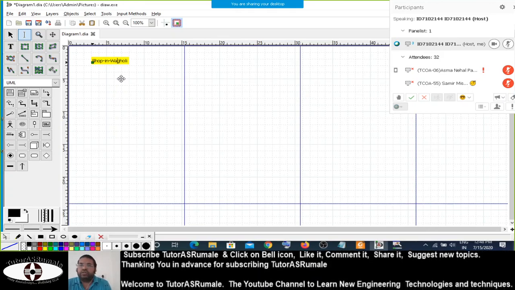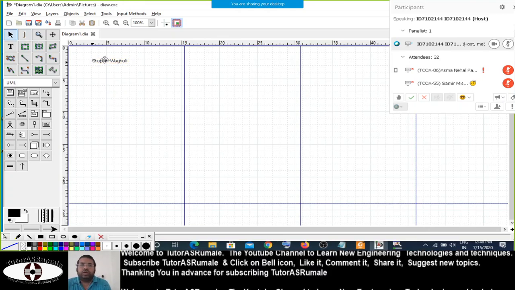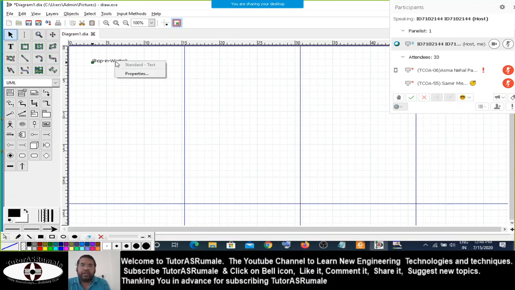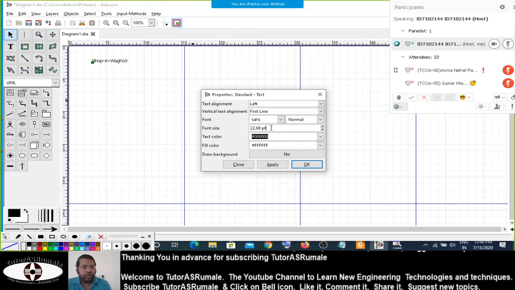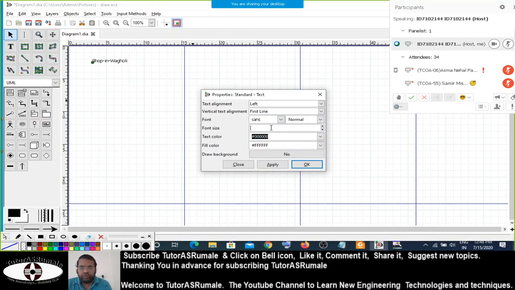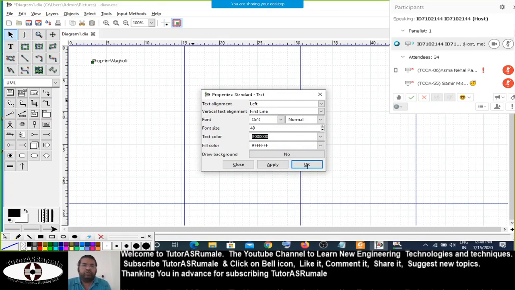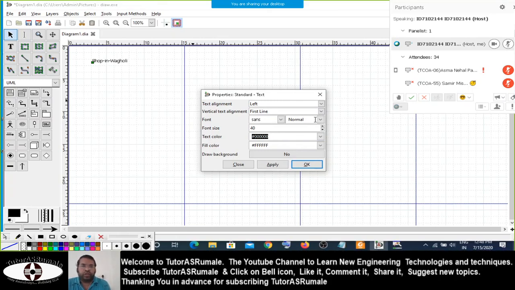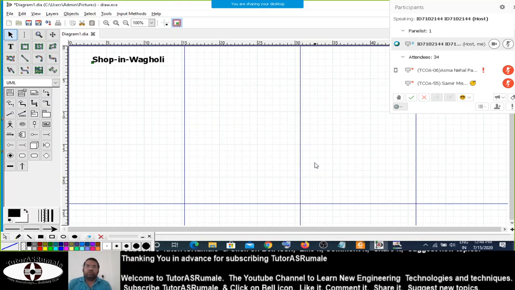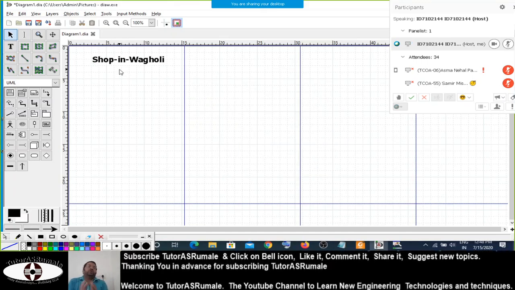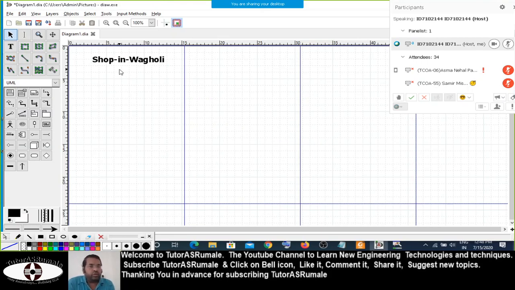I'm simply making changes to this text. Right-click on this, go to the properties of the text, and I'm improving this to 40 points so that it will be more visible to you. Instead of normal, I'm making it bold. So the shop in Wagholi is the simple web app that we want to design.